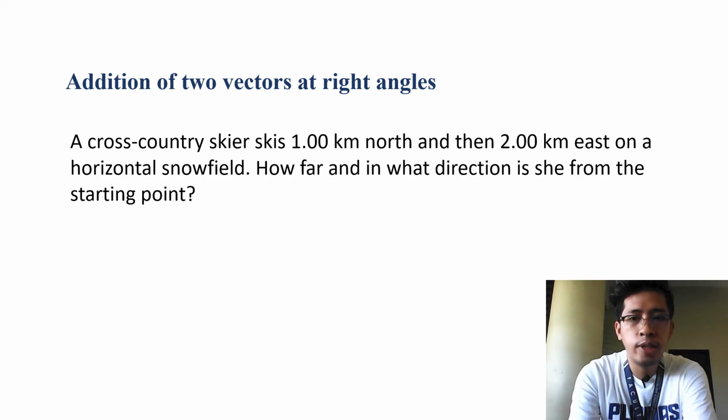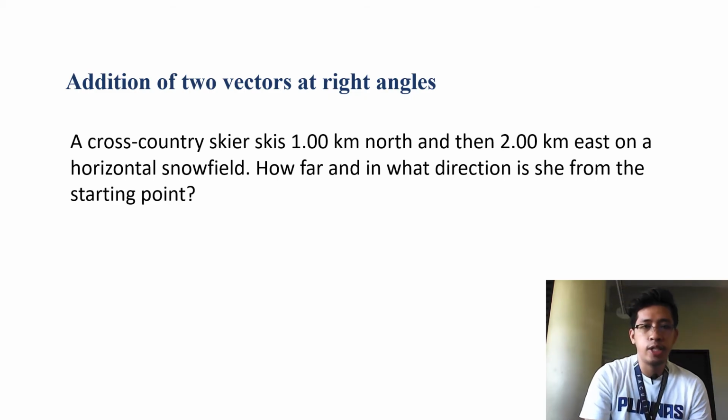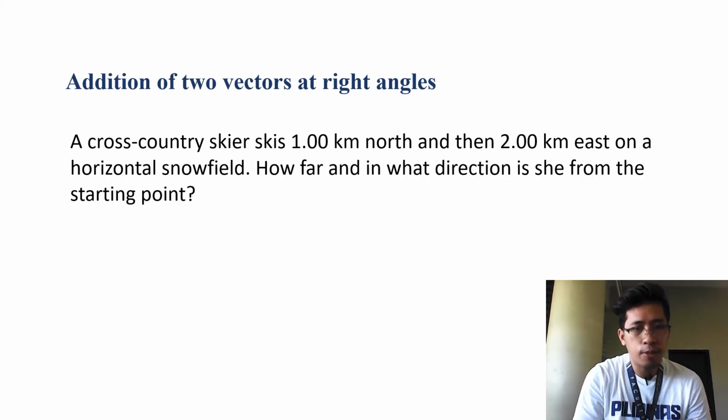We now go to the analytical method of adding vectors. The first method that we have in your analytical method is the one at right angles. However, in right angles, we can only use this for up to two vectors which are at right angle with each other. So say for example,